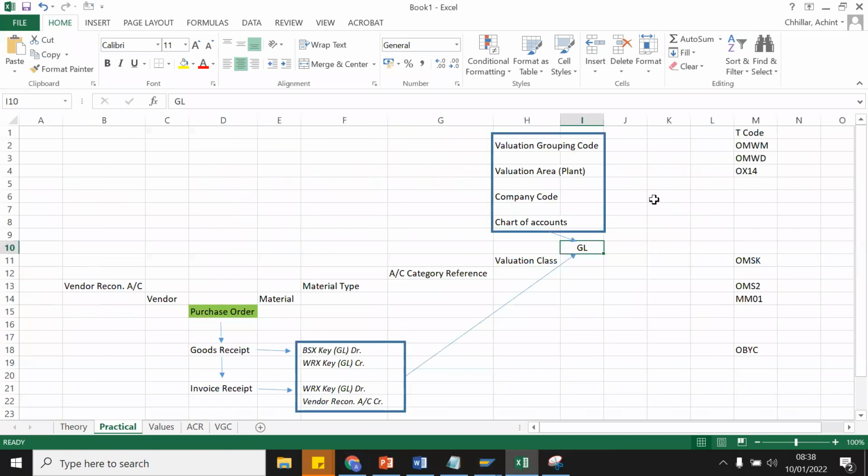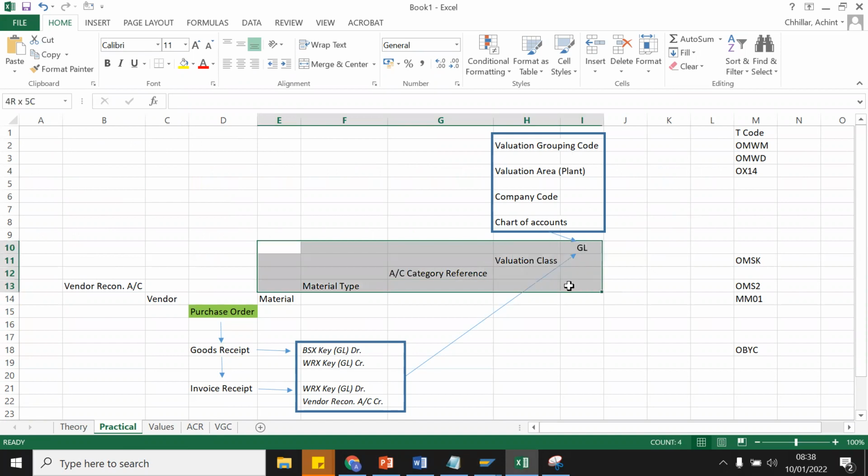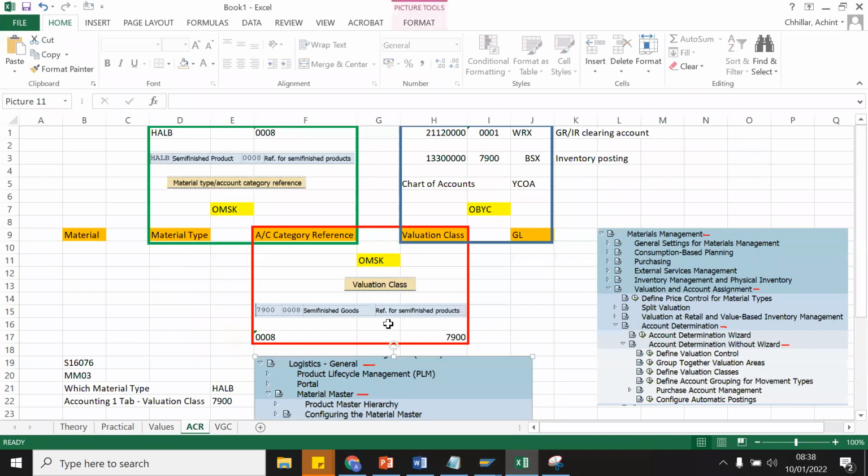This might seem like a complicated diagram, but let's break this down into a process where we can actually see this part first. In the account category reference, we have material type, account category reference, valuation class, and then the GL account.